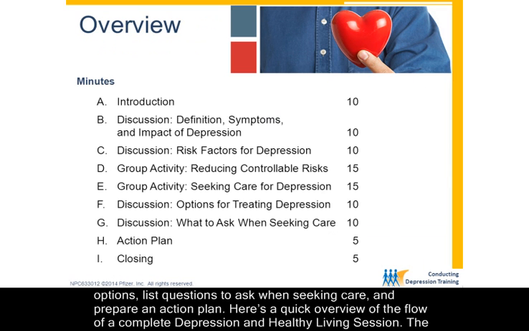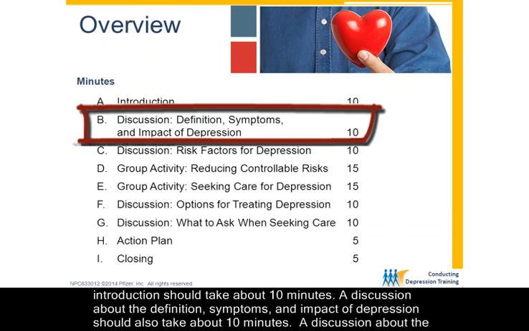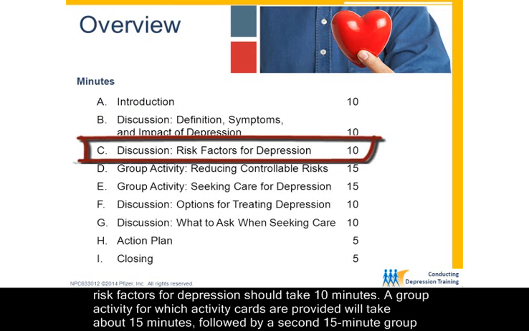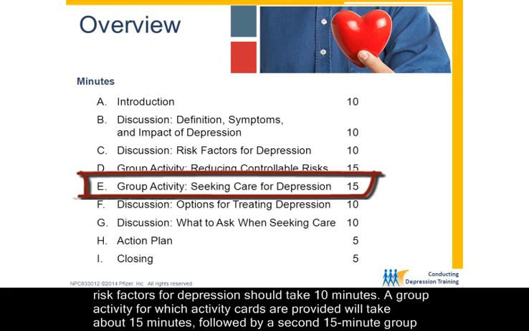Here's a quick overview of the flow of a complete depression and healthy living session. The introduction should take about 10 minutes. A discussion about the definition, symptoms, and impact of depression should also take about 10 minutes. A discussion about the risk factors for depression should take 10 minutes. A group activity for which activity cards are provided will take about 15 minutes, followed by a second 15-minute group